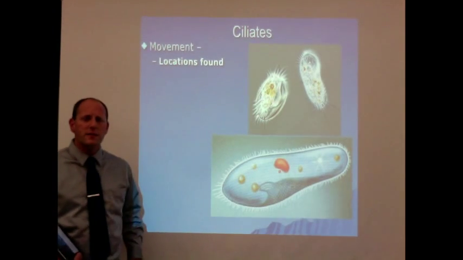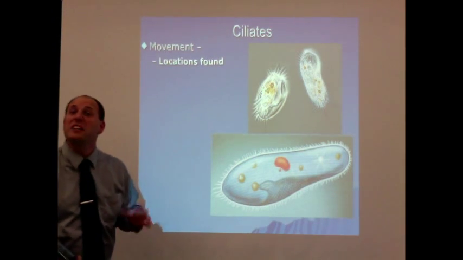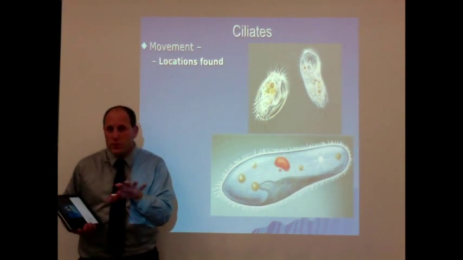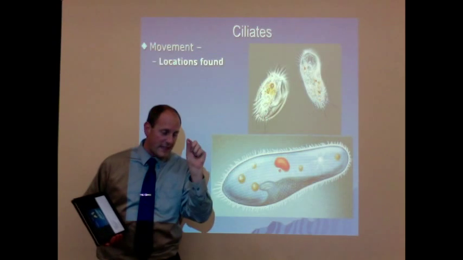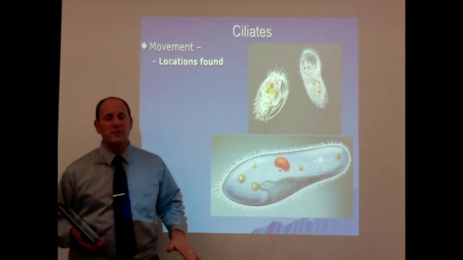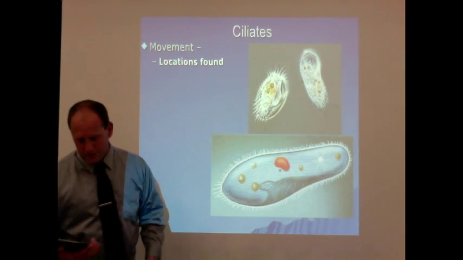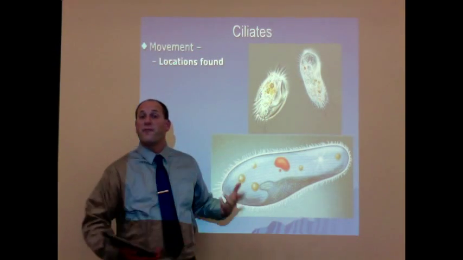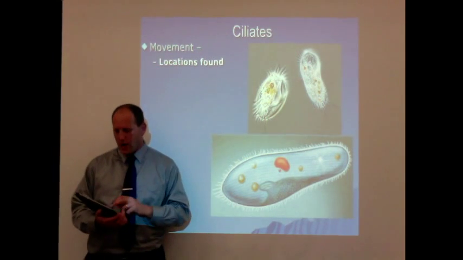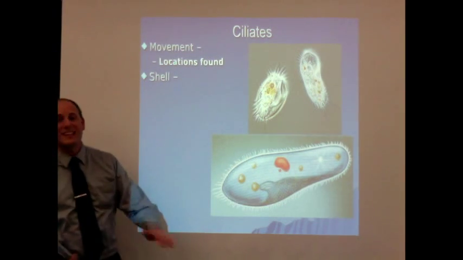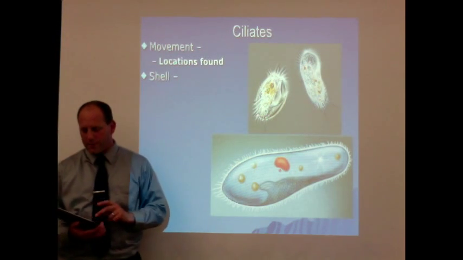Locations, and this is where some of you might actually be familiar with these guys. They are large, actually. You can see these with the naked eye decently. These guys are found cruising over seaweed. So if you ever picked up some seaweed, you see these little teeny tiny things. They're still very small, but you can see them just moving along the surface of the seaweed. Very potentially could be these ciliates. They are also in bottom sediments and mud. Sometimes they're actually on the skin underneath the scales of fish, and you can find them in these big groups working together as a colony. A unique thing about these guys' shells is that they don't have a shell. Very different than some of the other protists that we have talked about.